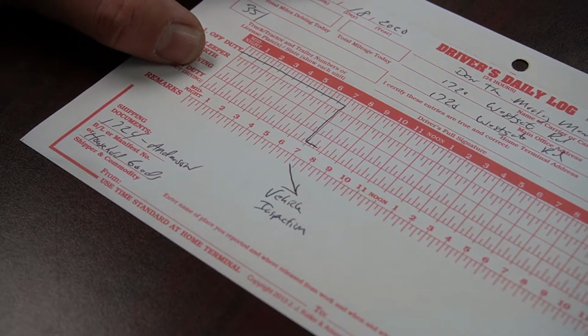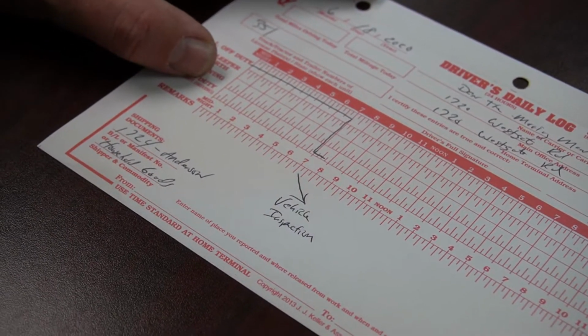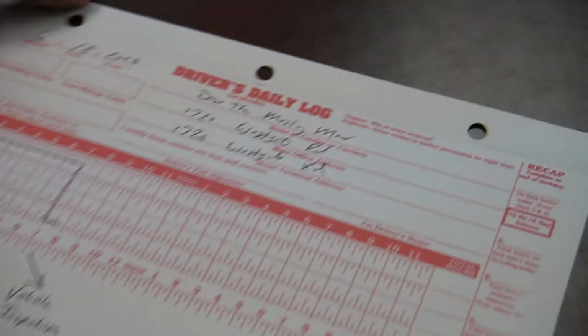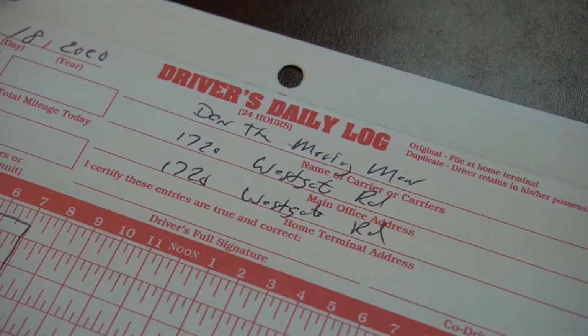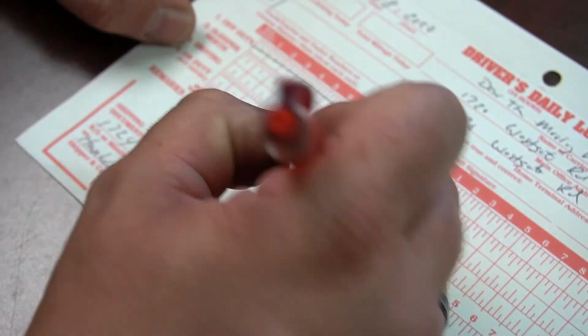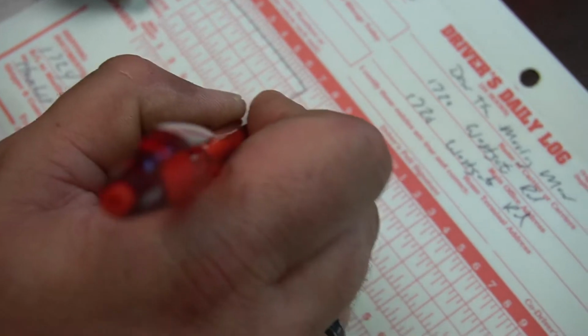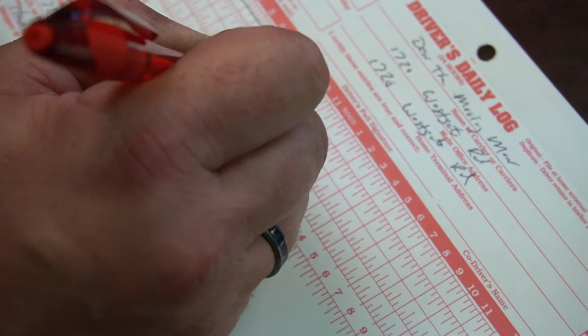It's different for you guys because you fall under a different category, because your drive time is only going to be, say today, we have to drive 2 hours to our job. Correct. Okay, our job site. So to Mr. Anderson's, we're on duty, we did the inspection. Now we have to go up to driving. And it's 7:15, so at 9:15,